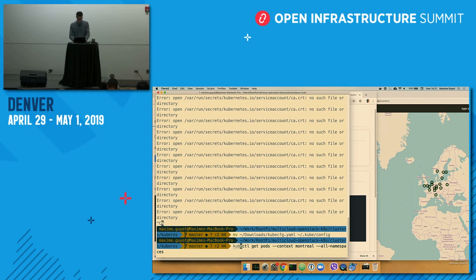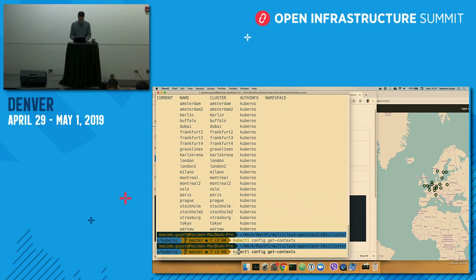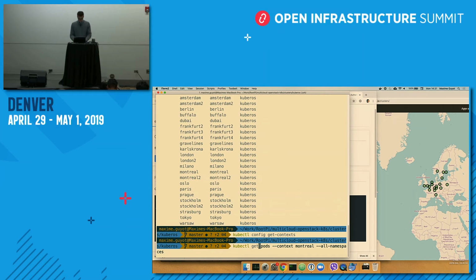And then that gets picked up by the kube control tool. I can do kube control get context, and here we see all our data centers. If we want to see information from one cluster specifically, we can just use --context.